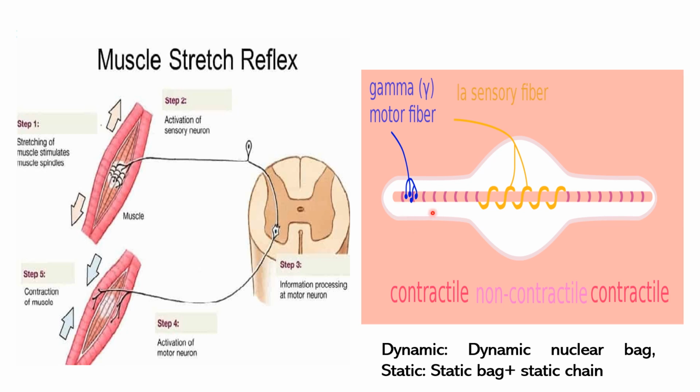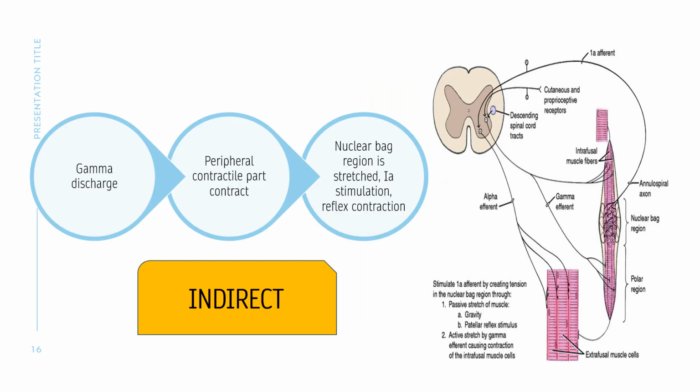In both cases, they end at the terminal portion of the intrafusal fibers, and they can cause a contraction of the terminal part of this intrafusal fiber. What are the functions of these gamma motor neurons? These gamma motor neurons themselves do not directly cause the muscle contraction, but indirectly they can lead to muscle